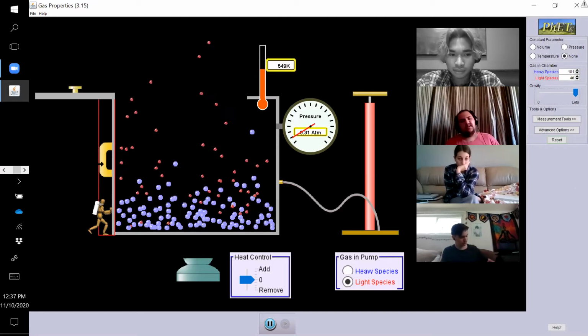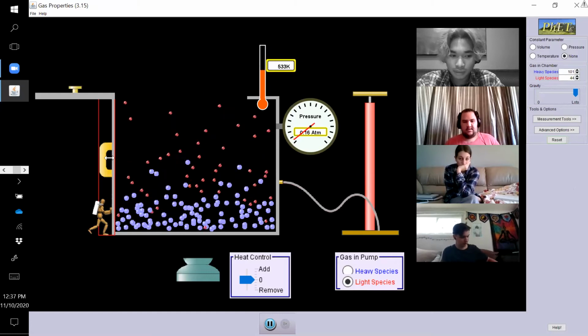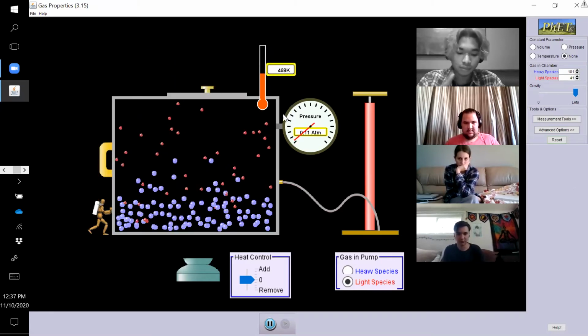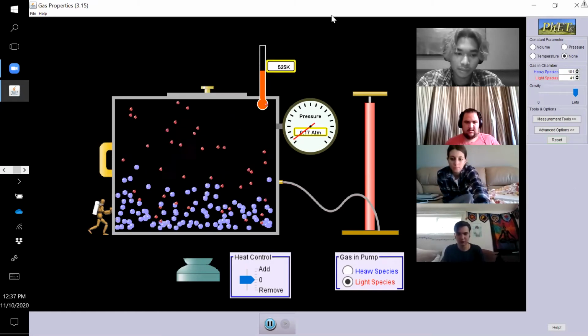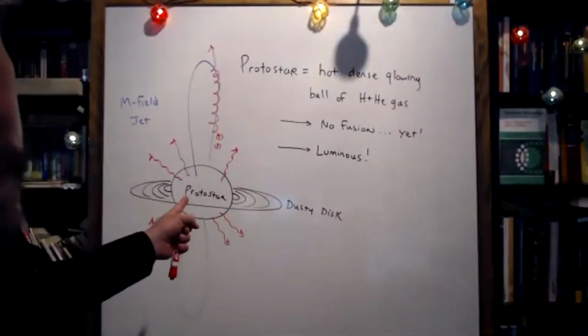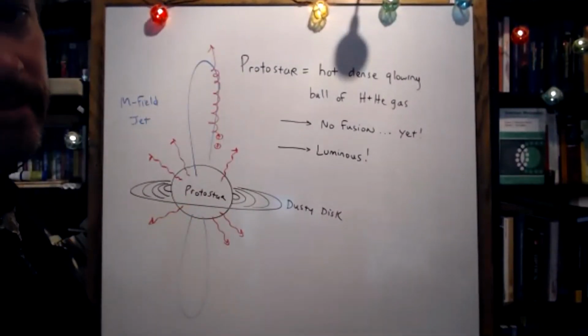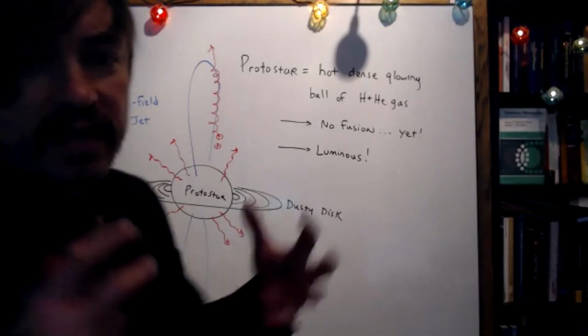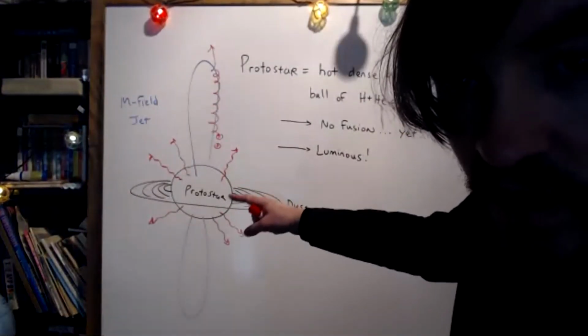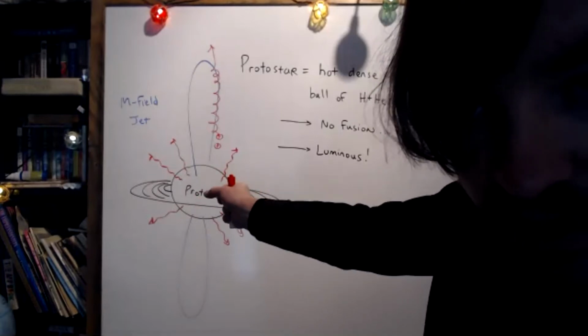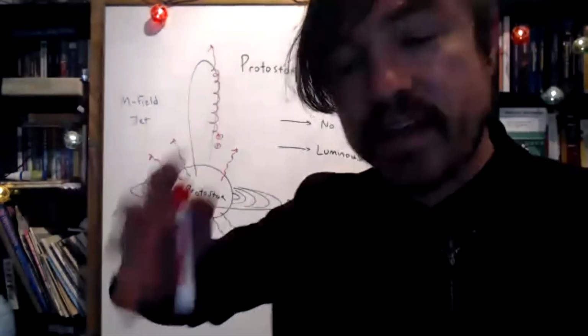What happened to the temperature? It went up. Yeah, it went up a lot. Does that tell you why a protostar shines? Yeah, temperature. It's a hot ball of gas, and hot, dense things glow. That's blackbody radiation, right? The thing is, the protostar, if it does not turn on fusion in the core, it will shine itself to death